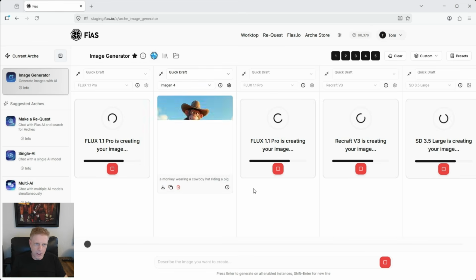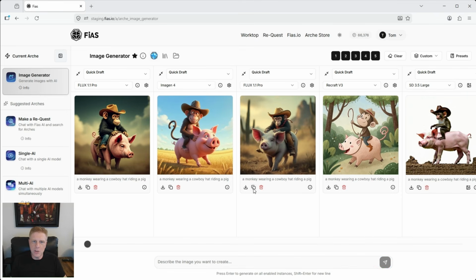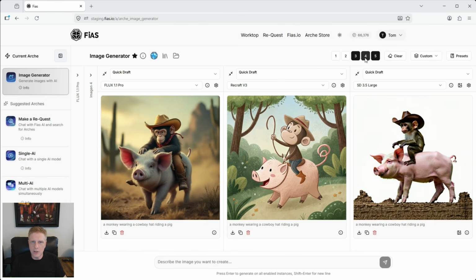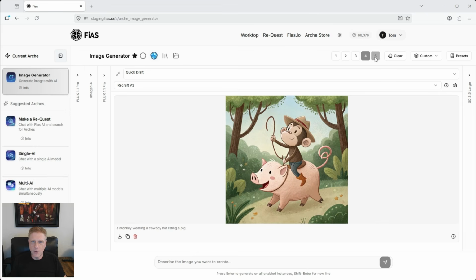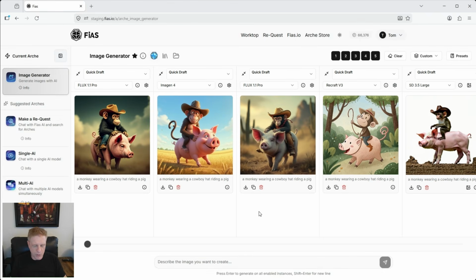You can get a feel for what model does what well, get a sense of what art direction you want to go. And then if you want to have more of this cartoony style, you could just focus in on that, or you can interact with multiple models at the same time. And so it's a really nice way that you don't have to get a subscription to all of these different models, and be able to more easily figure out what you're wanting to do.